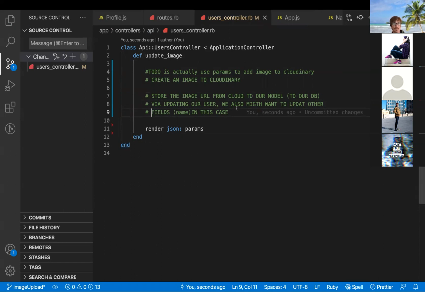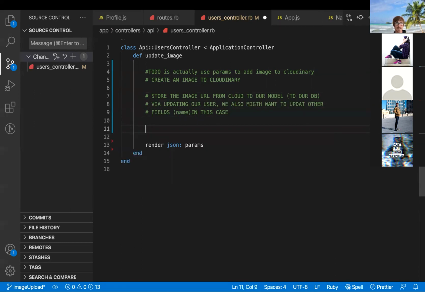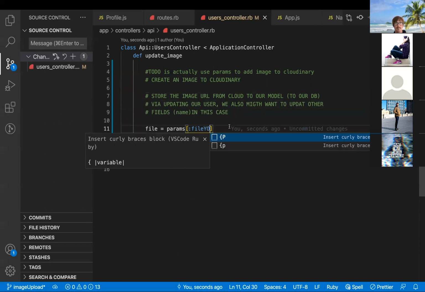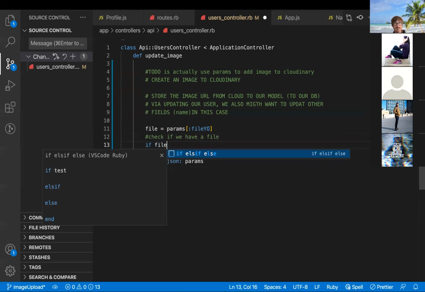First of all, let's just check this. I'm going to say file. I'm going to clear this variable called file, and this is going to be params from our lovely named file. Check and see if we have a file. If that was given to us,